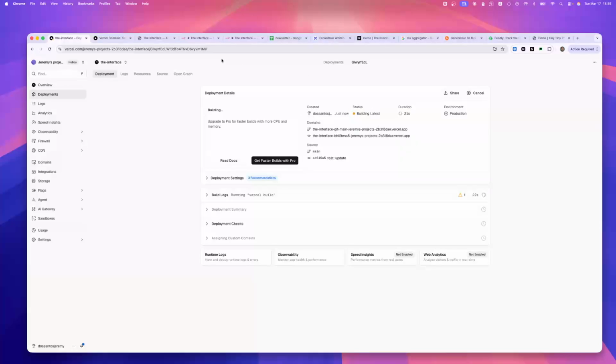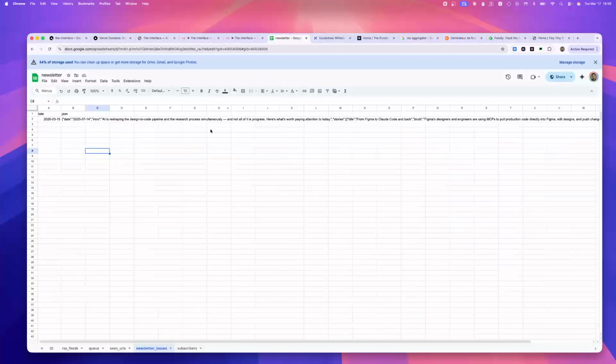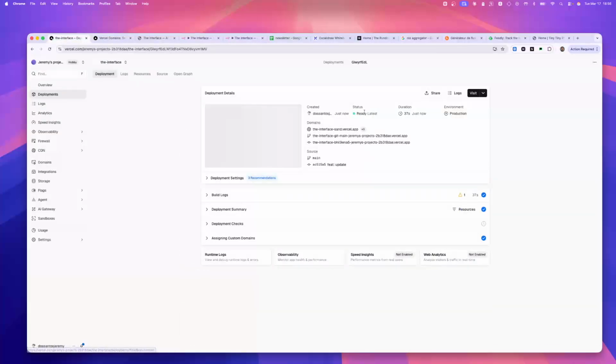And so, yeah, I just wanted to share that for my audience, just to see that they could actually develop anything, vibe code anything with Claude, using some kind of automation, using some kind of database, and then hosting that somewhere so that it could be live for anyone to see. So as you can see, this is status ready. If I click on it,